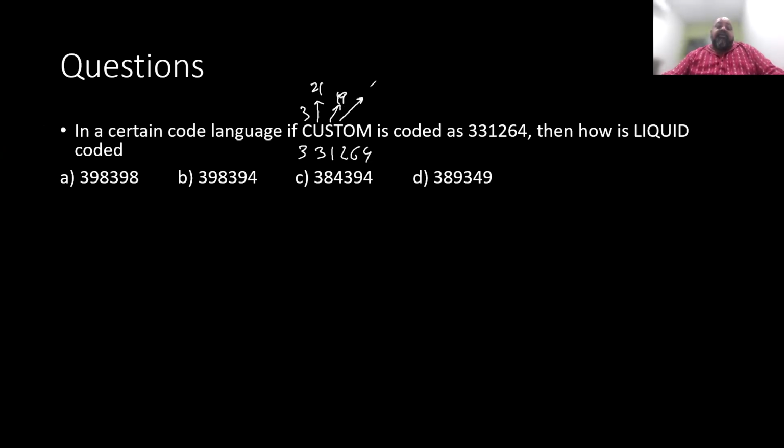T is 20. O is 15 and M is 13. So if I look at the values 3, 21, 19, 20, 15 and 13, corresponding codes are